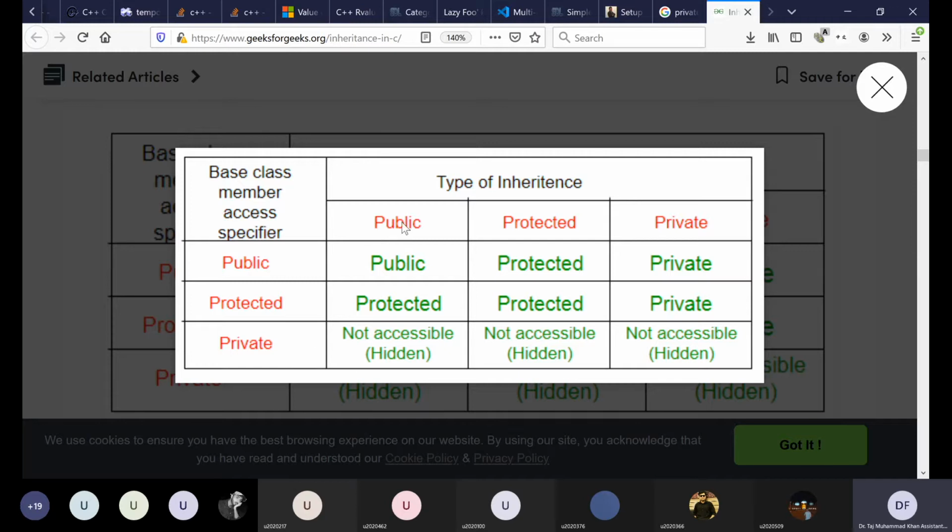Let's say instead of public, you had inherited the class using protected inheritance. The public members of the base class will become protected members of the derived class, which means they will be accessible inside the derived class, but not from outside using a derived class object.